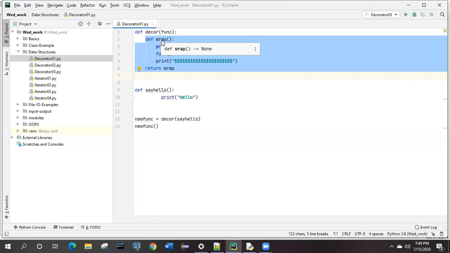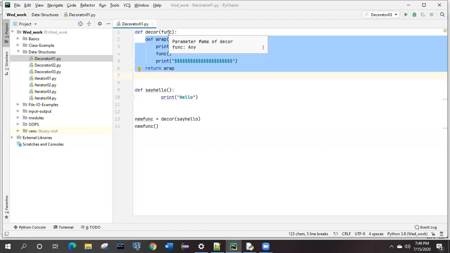Like that, this decor function will take your gift. Suppose I am the gift seller. If I have the facility, I can wrap it, right? But I am the person who is selling something, and I don't have the facility to wrap it up. So you will ask me to take this one and wrap the gift and then return it to me, right?